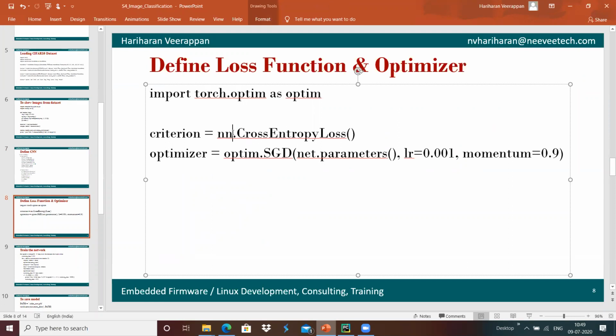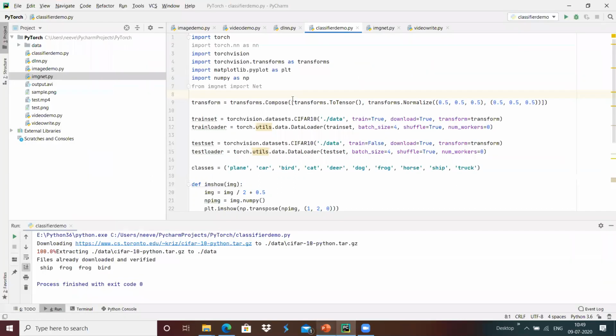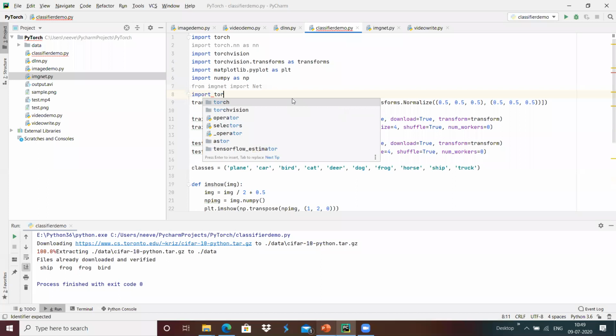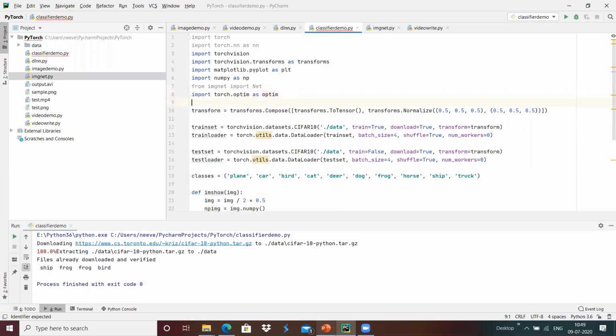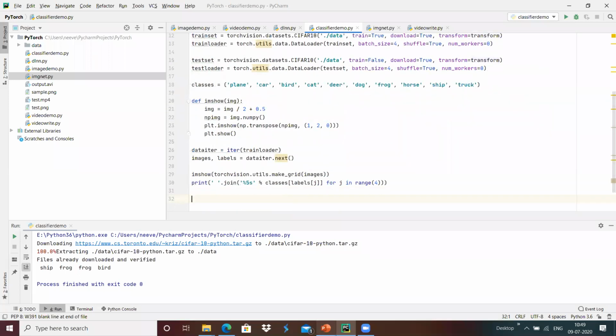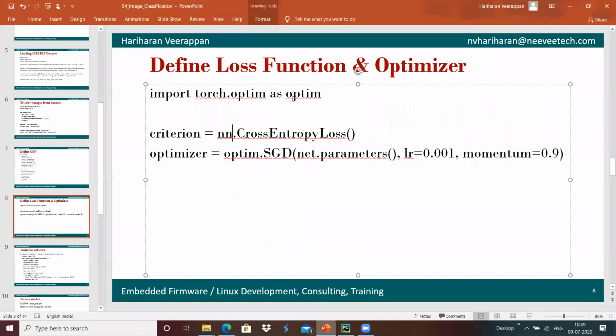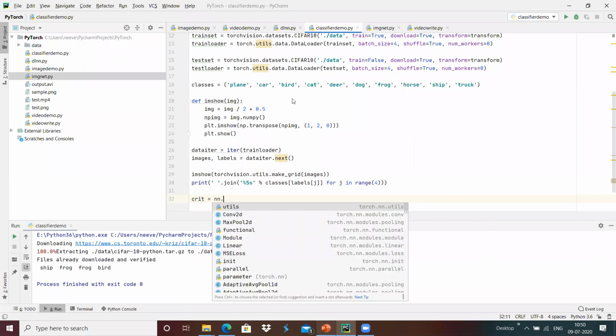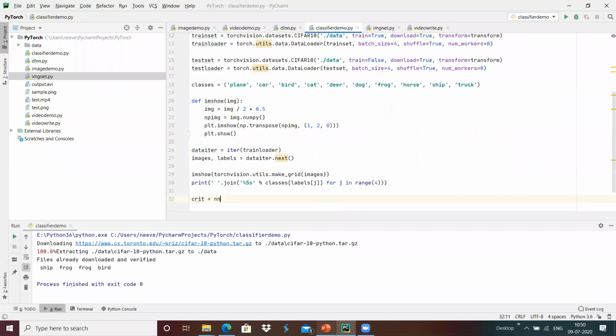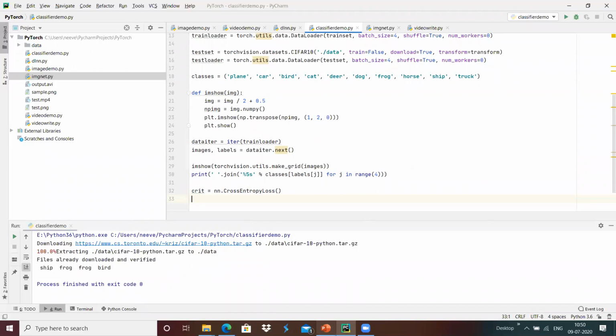For that we import torch.optim as optim, and define the criterion as nn.CrossEntropyLoss.